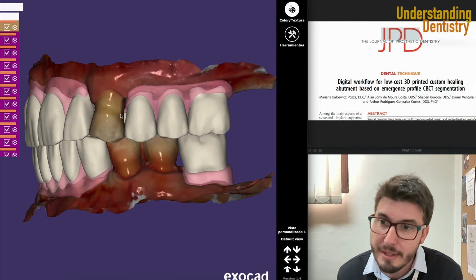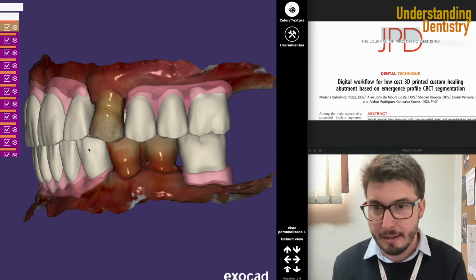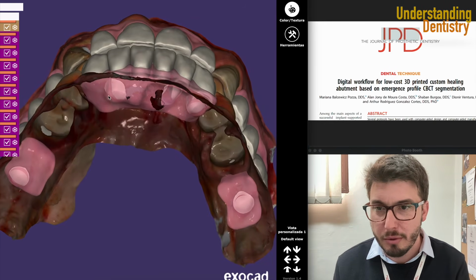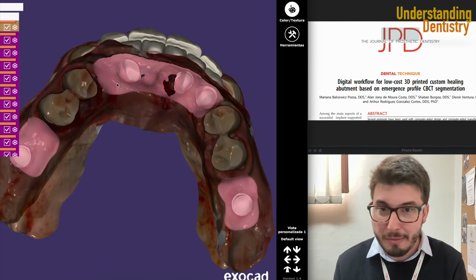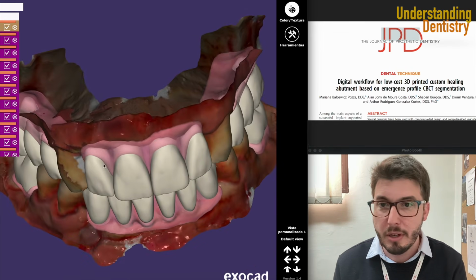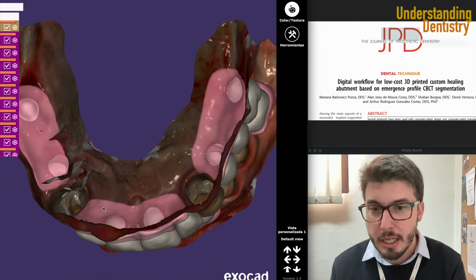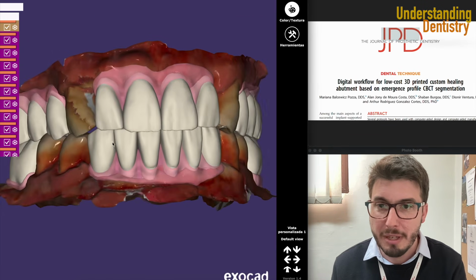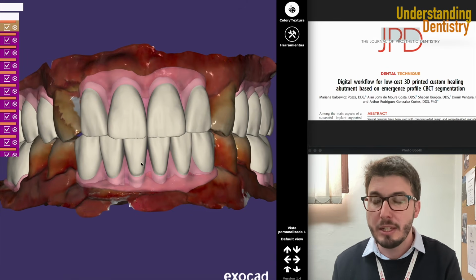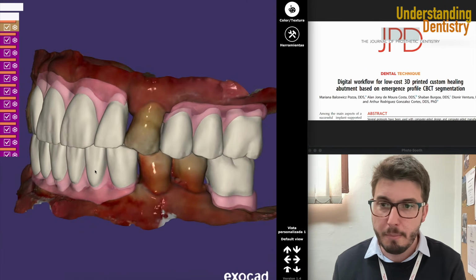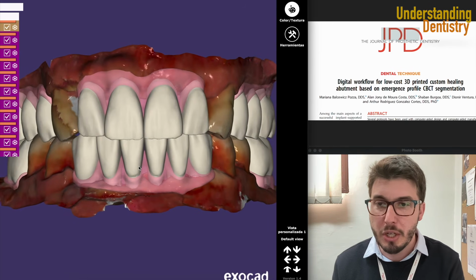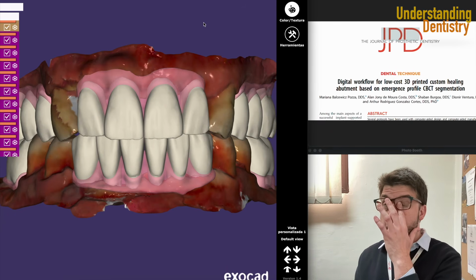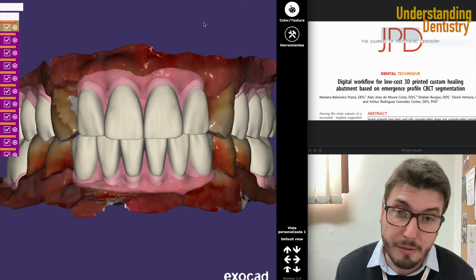Take a look at this. We have the curve of Spee, nicely set up, okay, even the curve of Wilson. We are seeing the emergence profile of these teeth when we see the back of the mesh. And then of course you try to reproduce the natural anatomy and the natural existing situation of the patient. If we have a picture of the patient, then we would superimpose this picture on the exocad. That's just a viewer, of course, but the CAD technician would do that for you